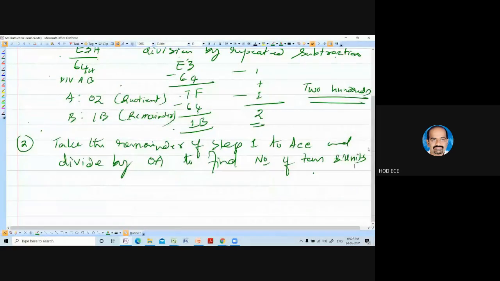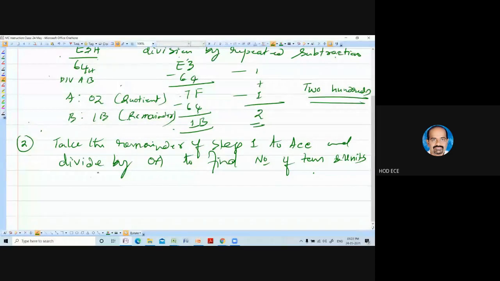So in this one, what is the previous remainder division? Accumulator is 1B. Register B is 0A. Perform DIV AB.